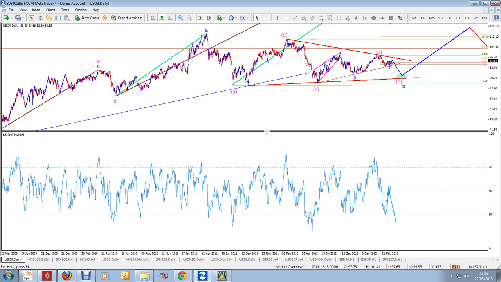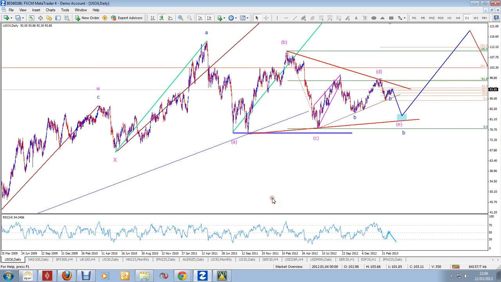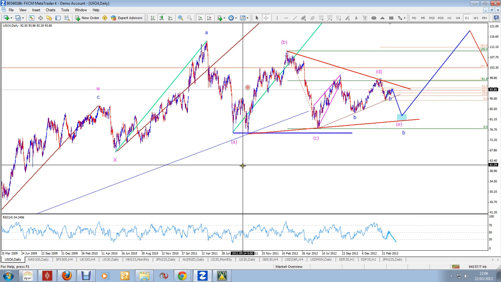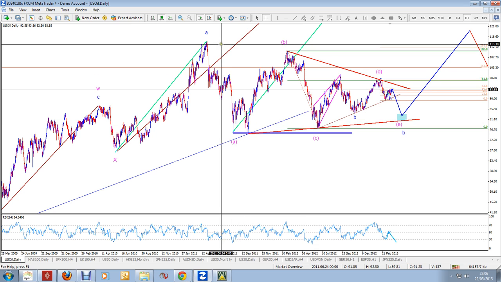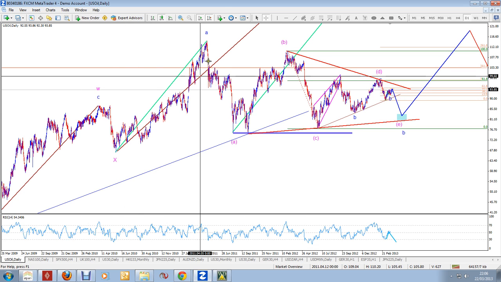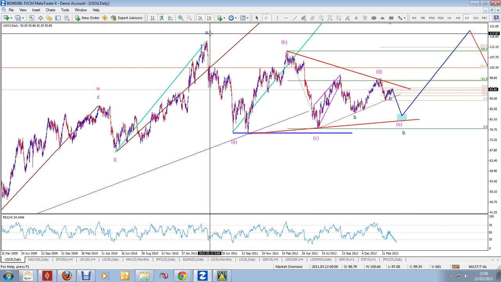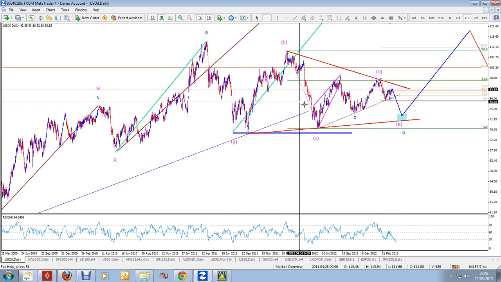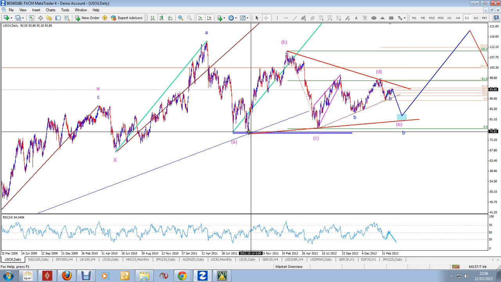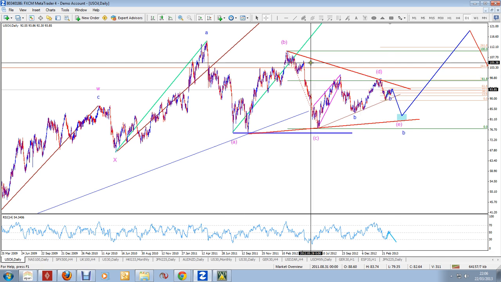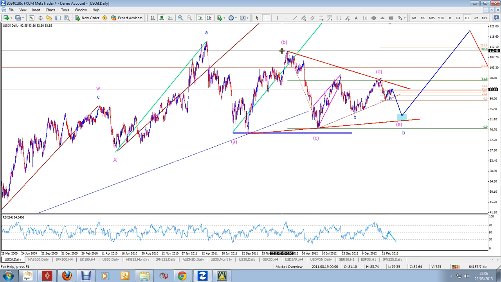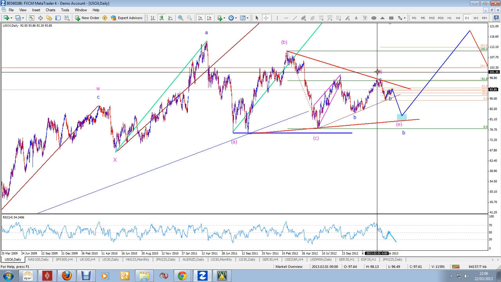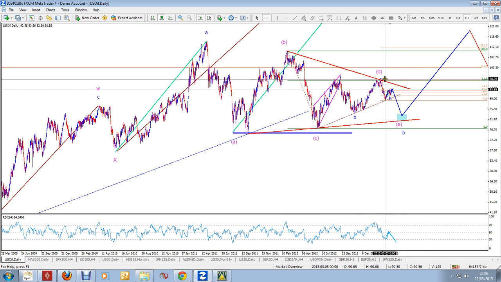So the reason why I think that is so is because we are contracting in a triangle, and we can count this triangle in a couple of ways. One would be that this ABC gives us one zigzag, then we are in a wave B. So this one would be larger A, we are coming down in a larger B, and in which case this would be a triangle, wave A, B, C, D and E, in which case oil will need to